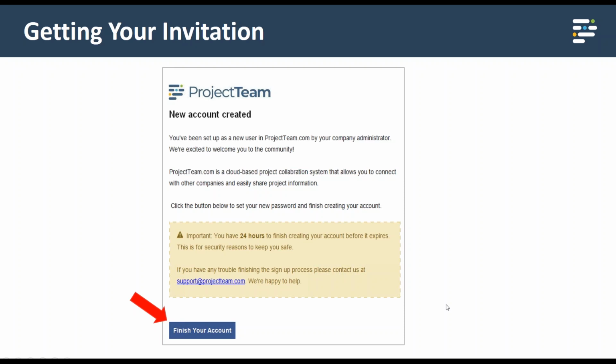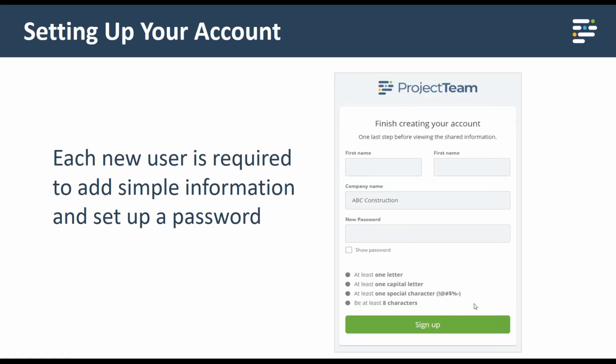But once you get it, you'll click the Finish Your Account button, and it's going to bring you to a Finish Your Account screen. All you have to enter is your first and last name and enter your password. You can click Show Password, and it'll show you as you're typing it, just so you can make sure that it's correct. Make sure that you follow the password requirements: one letter, one capital letter, one special character, and it has to be at least 8 characters long. When you've entered this data, just click the Sign Up button, and it's going to bring you to the login